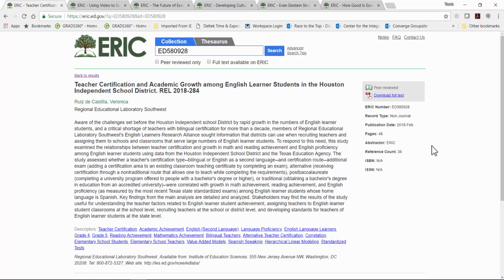It's good to know that ERIC can only immediately display the full text if the publisher of the content permits it as part of the formal agreement with ERIC. Now, a number of publishers allow the full text to display after an embargo period. So it's possible that something that's not full text available today might be available 6 months, a year, or even up to 5 years from now. Grantee submissions are all under a 12-month embargo period from the publication or completion date of that content.